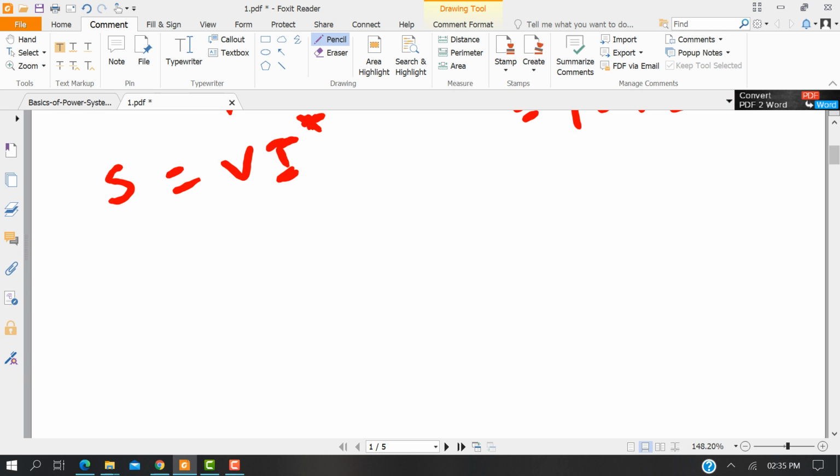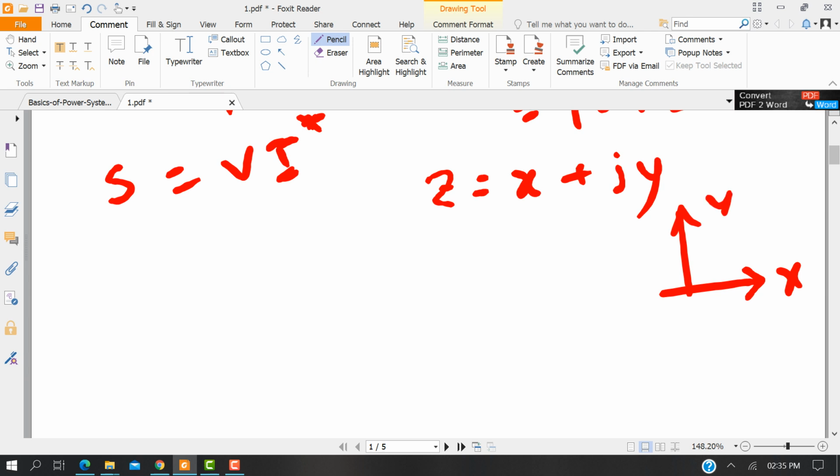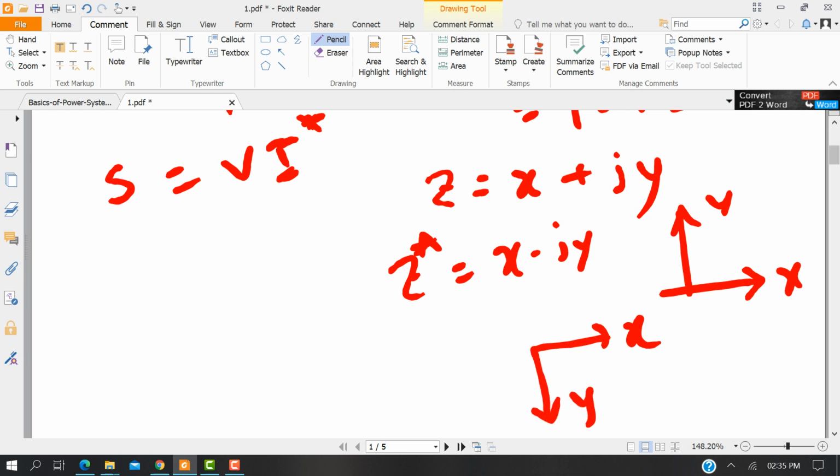Because for example, in a complex number like Z equal to X plus jY, it's like X and Y, the horizontal and the vertical component. If I put the conjugate here, then it is X minus jY. So there is no change in the real part. The only change is in the x and the y. So the question is why the conjugate sign is over I, because